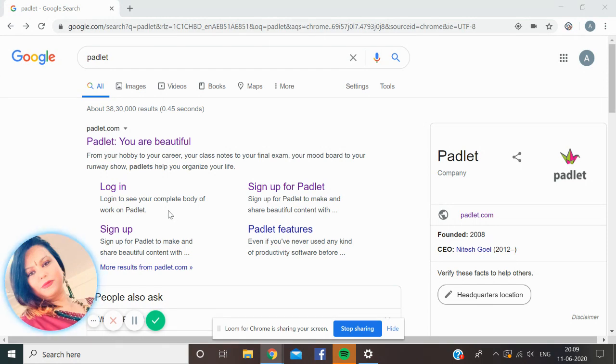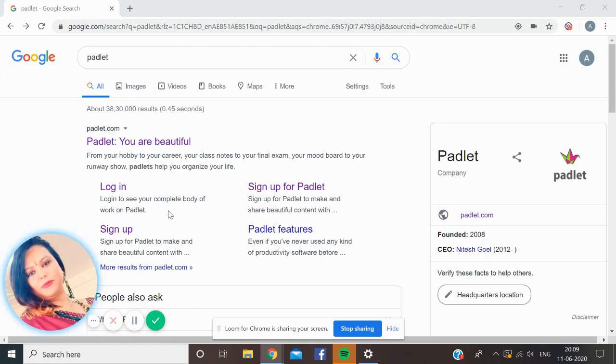I found it very interesting and very easy to handle the class with this platform of Padlet. I'm suggesting this because it is a live session. You can get in touch with your students. Whatever be the strength of the class, you can divide the task and you can be in live sessions with them. They will do the research, they will do their work, and you will be getting the feedback immediately, simultaneously, side by side.